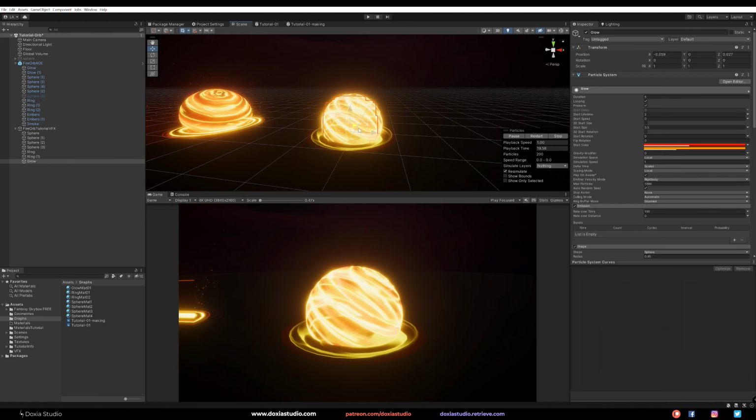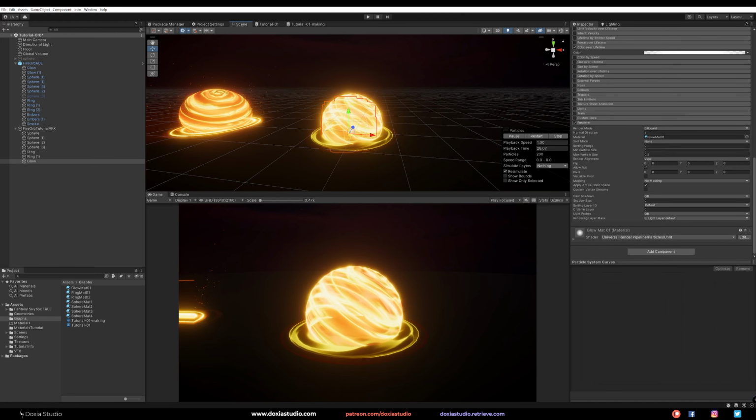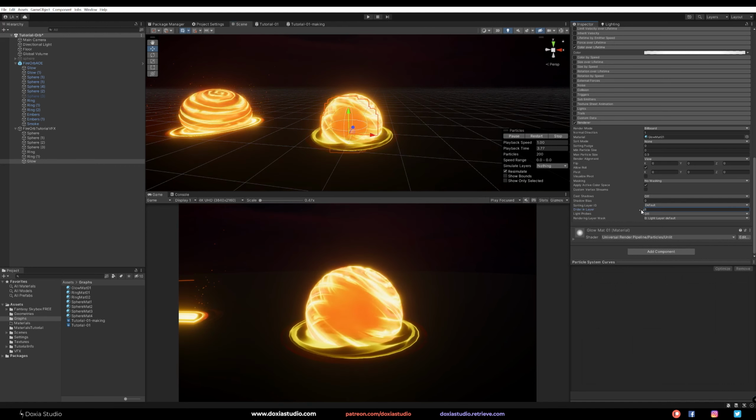Okay, now we have a problem. As you can see, we don't really see our glowing effects because of the render order. So we can come here and increase this. Maybe on 4.